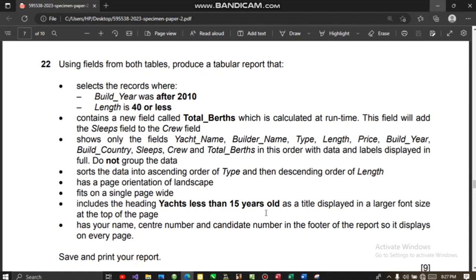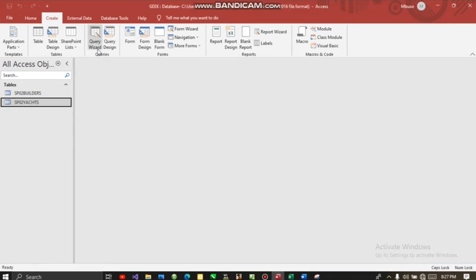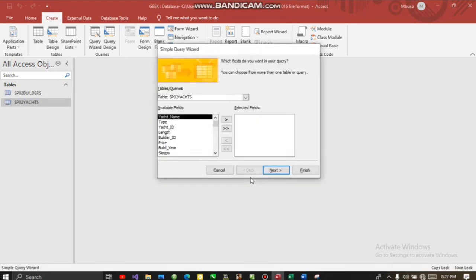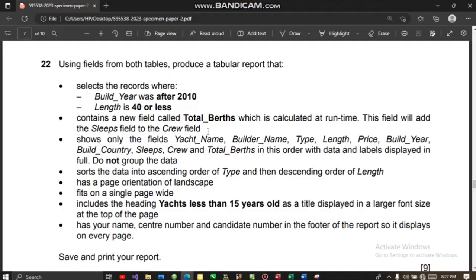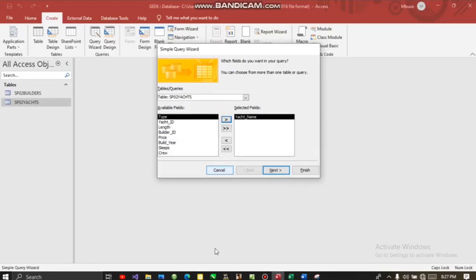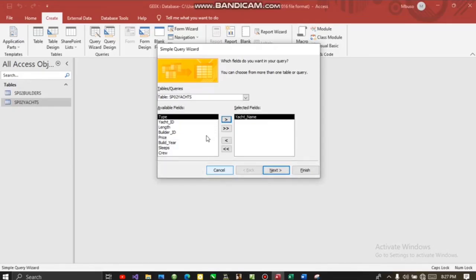So let's go to our query. We're going to create a query wizard. Excuse me, I need to be done with the save and close. Query wizard, simple query wizard, yes, open. Let's start with the initial field names that they want to be there. We have yacht name here, yacht name, builder name, builder name is in another table, and